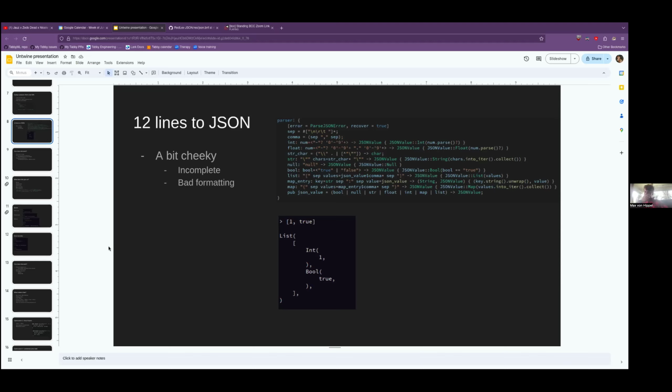Well, I think most of the difficulty there arises because Rust wants to be explicit about absolutely everything.